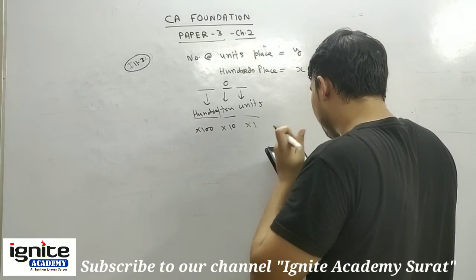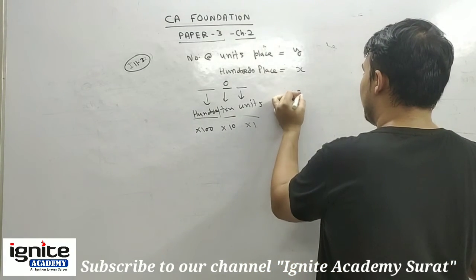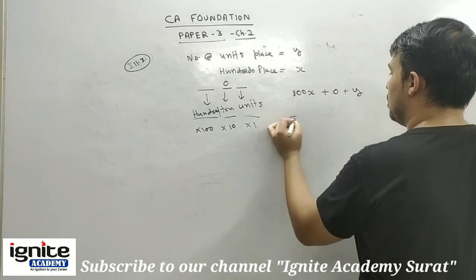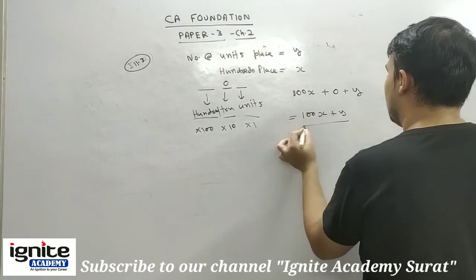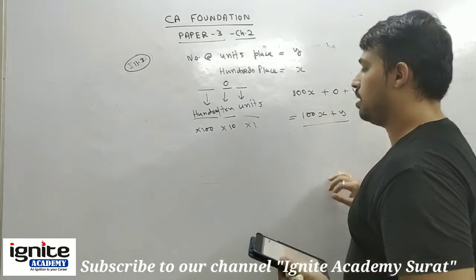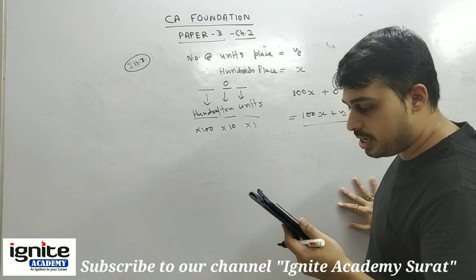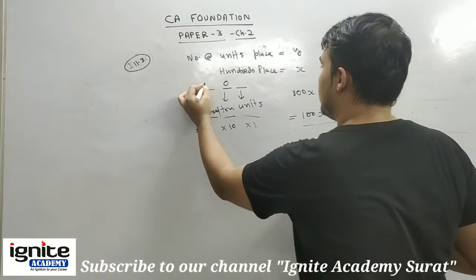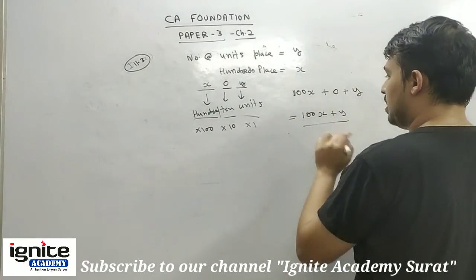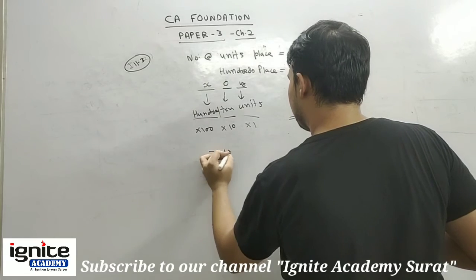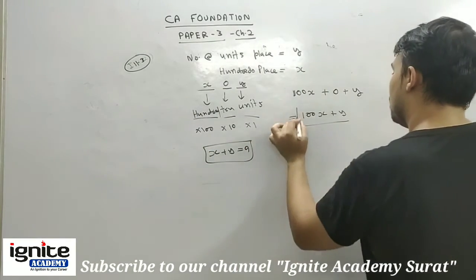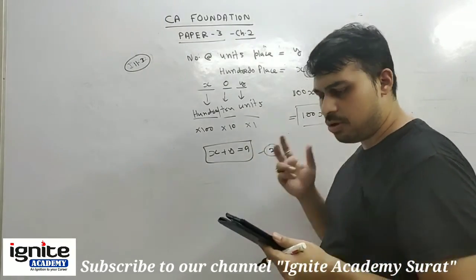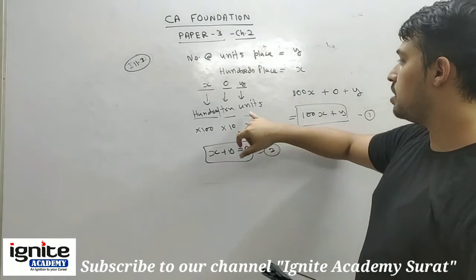This middle number is 0. So what will be the number? The number will be looking like this: 100x plus 0 plus y. So it is 100x plus y. Okay, sum of the other digits means this. This is x, this is y. The number is 100x plus y, and the sum of the digits. This is equation 1. This is equation 2. But you have to solve both the equations and get the value. So this is the best part.